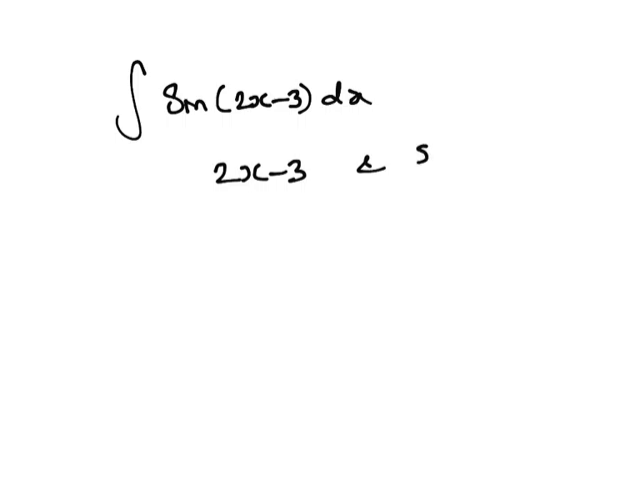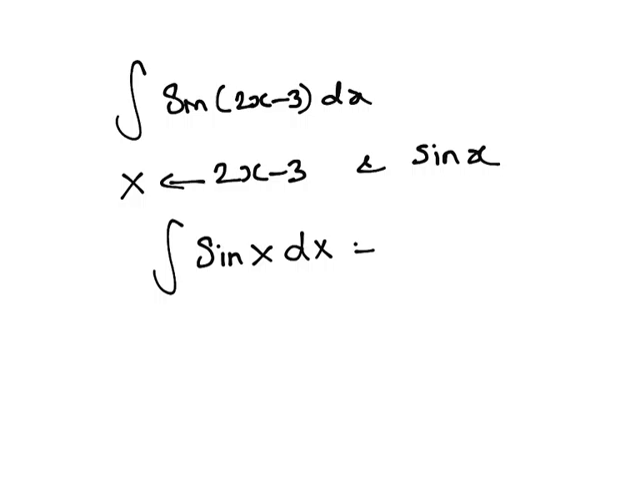So now let us look at a combination of, let's say, a circular function and a linear function. So let us say integral of sine of 2x minus 3 dx. Here it's a combination of 2x minus 3, which is linear, and sine x. Okay, so I'm going to take this as capital X. So it looks like I have sine x dx. So we know that the integral of sine x is nothing but minus cos x plus c. Hence the answer is